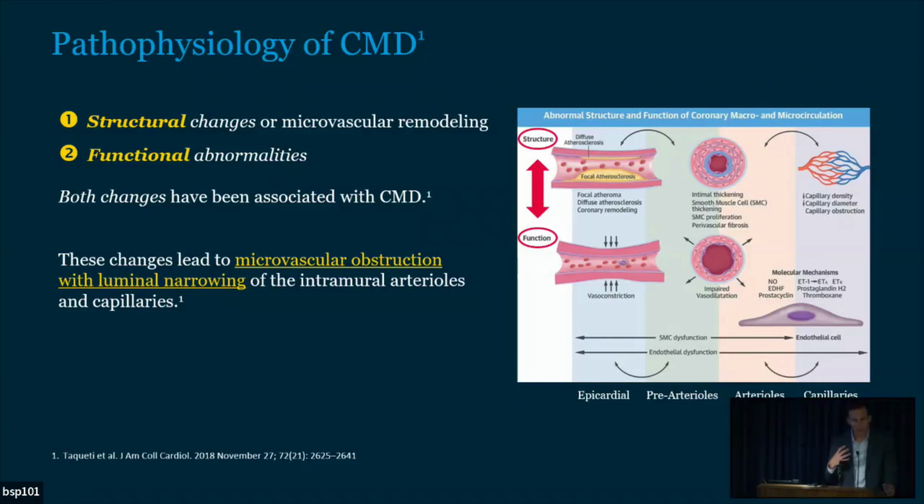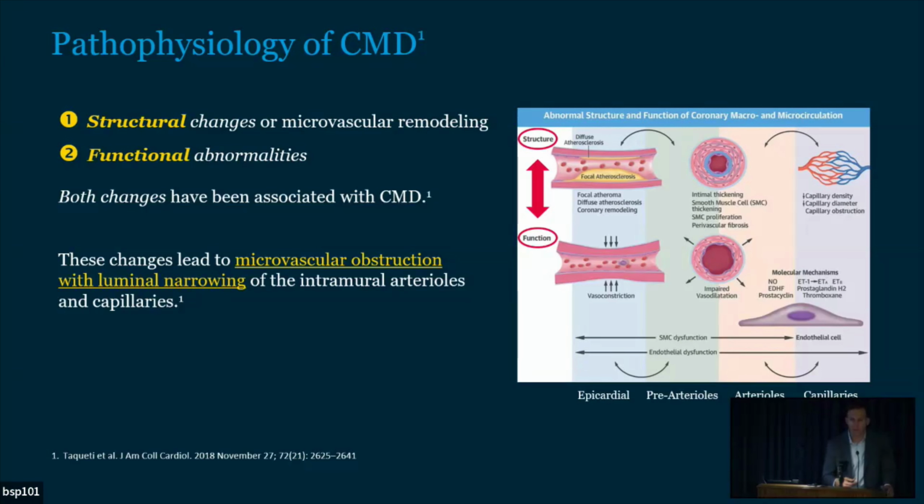So you can get either structural changes or functional changes resulting in spasm. The spasm is also important because when we evaluate these patients in the cath lab, we do a test, which I'll talk about more, acetylcholine provocative testing, where we can evaluate for spasm in the small blood vessels,